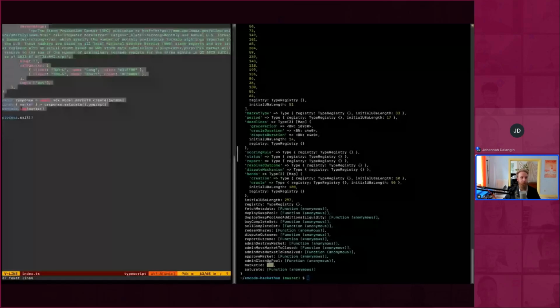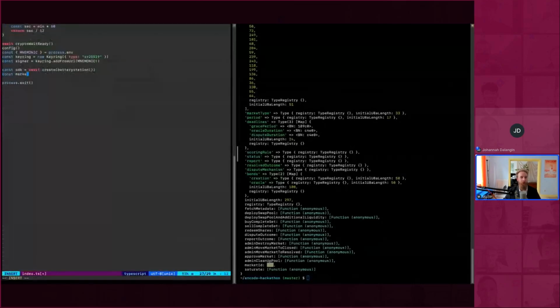Instead, we are going to save the market ID here for a second and pull the market from chain again. So actually, I gotta wait again. It should work.